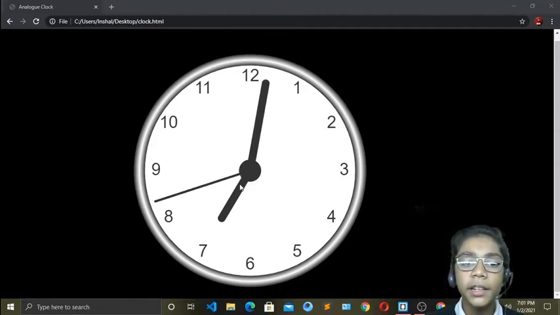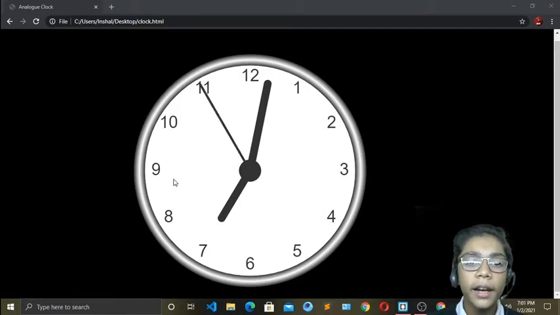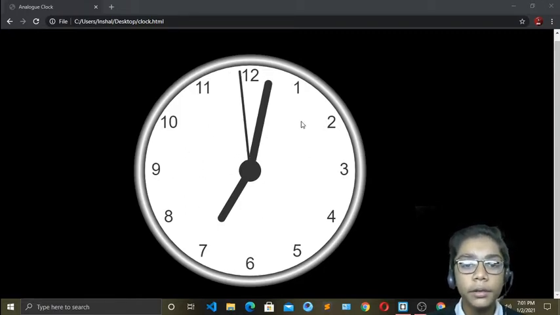But it is really easy to make, especially after our previous project. We don't have to do much, we just have to style it. Some of it is HTML, and some is done with JavaScript. I will show you how to do it, and here you can see our seconds hand is also moving. Now I will show you how to make this clock.